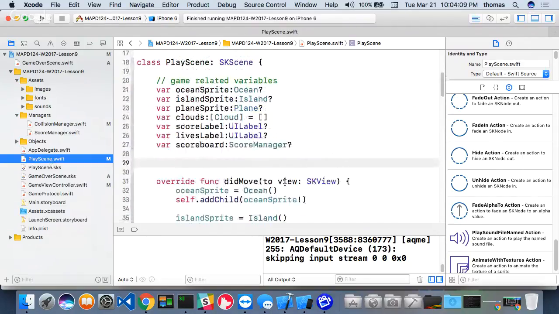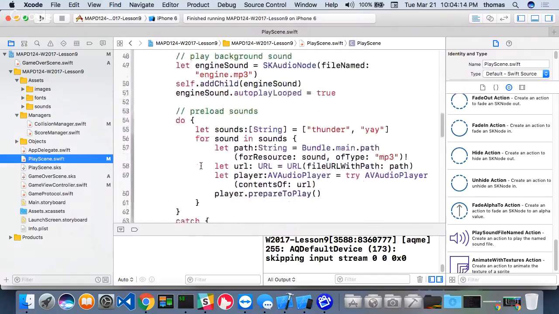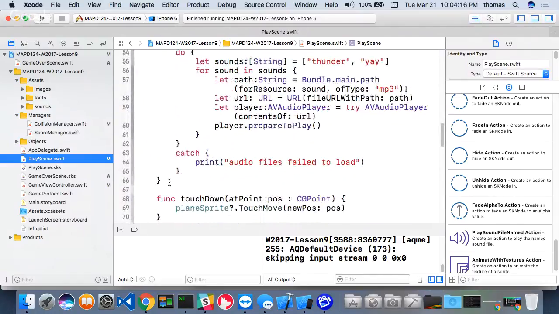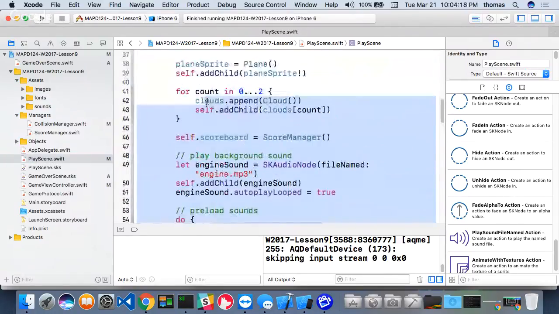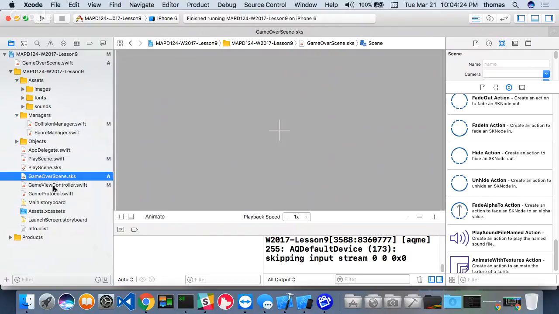I need a didMove to view, right? So I'm going to grab all this stuff that I already have in my didMove to view. All this stuff. In fact, most of it. What am I doing? So copy this and go back to my game view. Because it's going to be very similar, right? My game over scene,